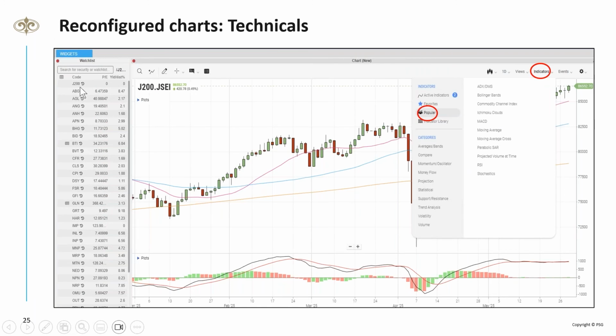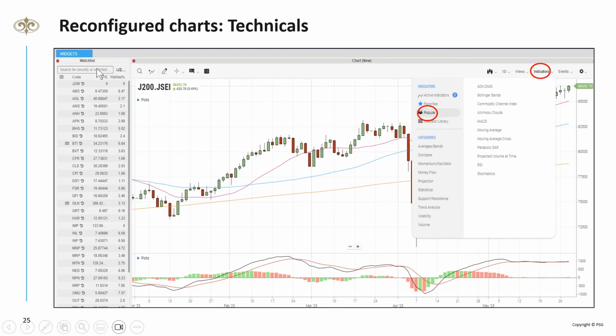Also, you can see I just moved the watch list over a smaller bit to the left, and all I want to see is the PE and the dividend yields, and I can click on these columns here and rank them.